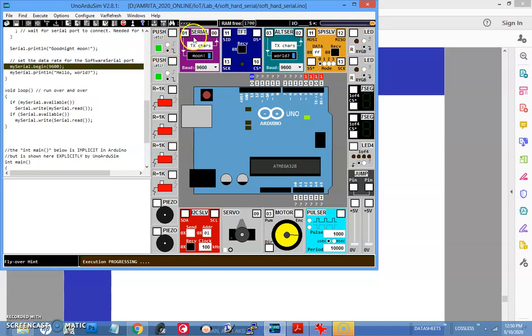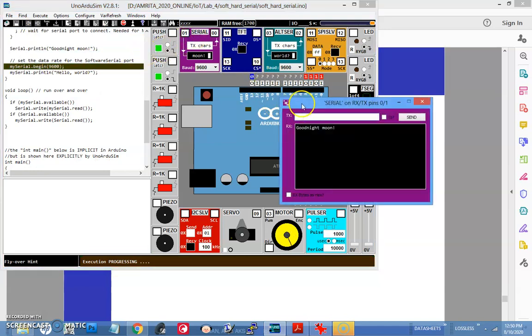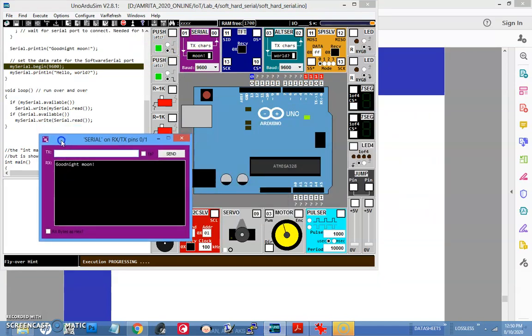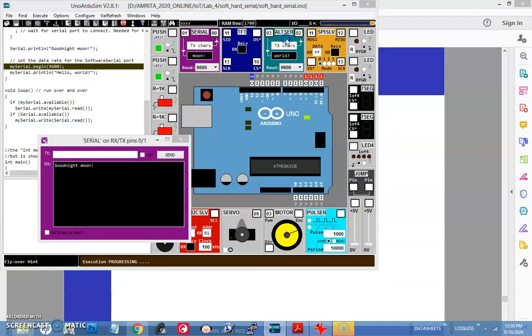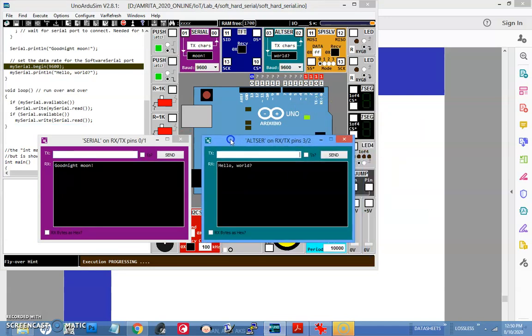Now if I double click on this, I can see the serial port, which is the actual serial port, and this is my alternate serial port. These are the predefined messages sent and received as part of the code, that you can understand by looking at it.